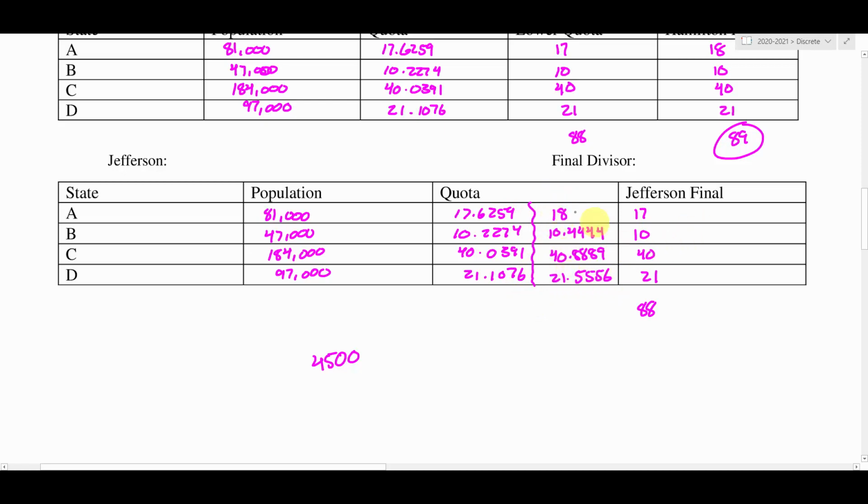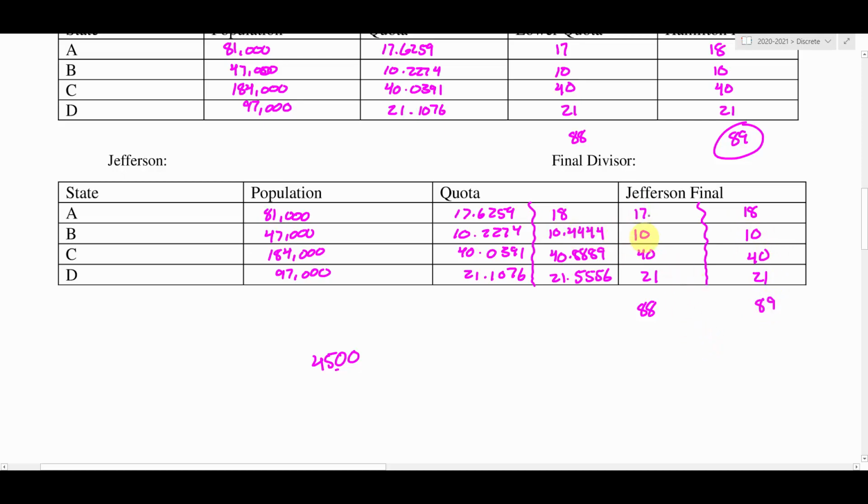All right, so I've got my new quotas right here, and I got those by taking each individual population and dividing by my new modified divisor, which is 4,500. Then I'm going to take the whole number parts from my new quotas and make that my final apportionment. So I've got 18, 10, 40, and 21, and if I add those together, I will get the 89 that